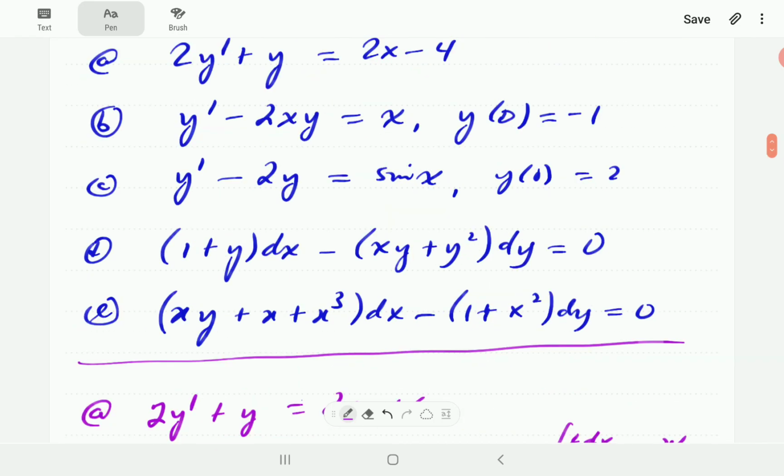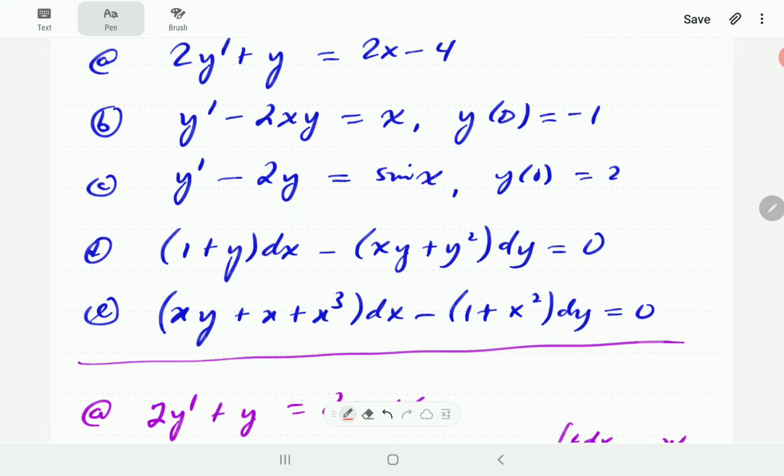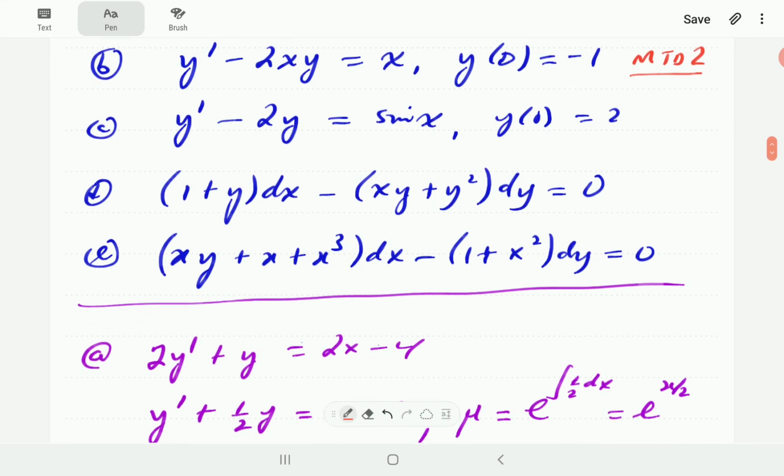Okay, now we're going to give you a chance to redo some of these. Okay, for B, we have worked it out as a linear equation, but this can also be integrated using another approach. I'm just going to list the other options here